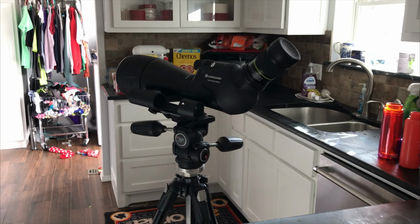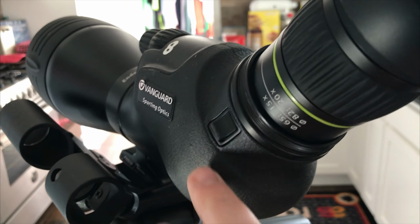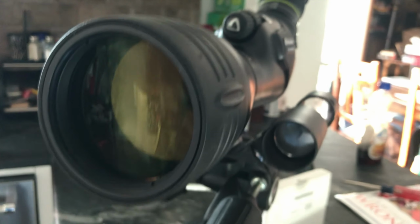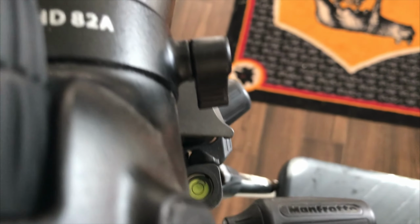I wanted to show you a little something that I really enjoy. I just got it in the mail today. I've had this spotting scope for a while, and it is excellent. It's so easy to take it out there. It's got ED glass on it. It's beautiful. It's the Endeavor